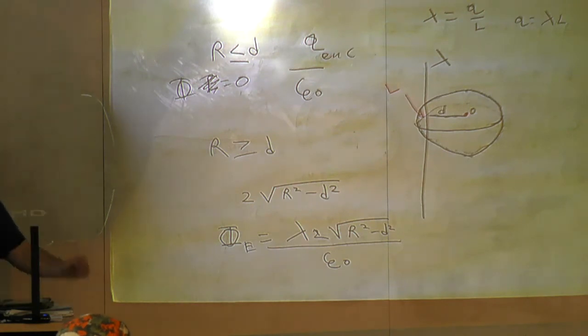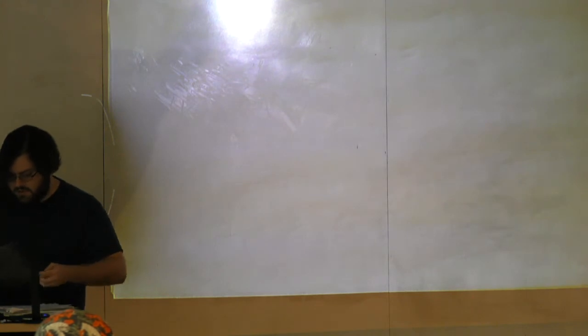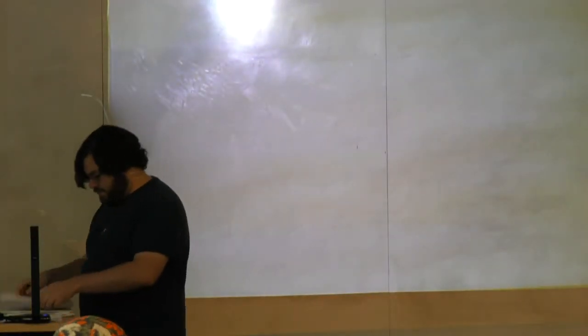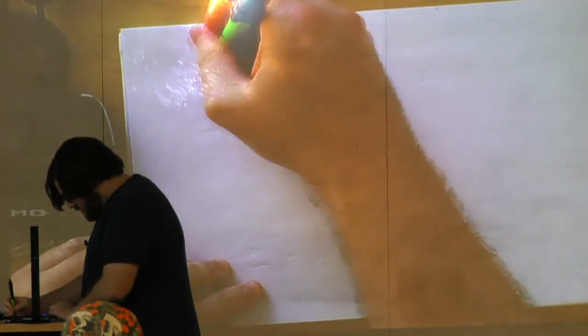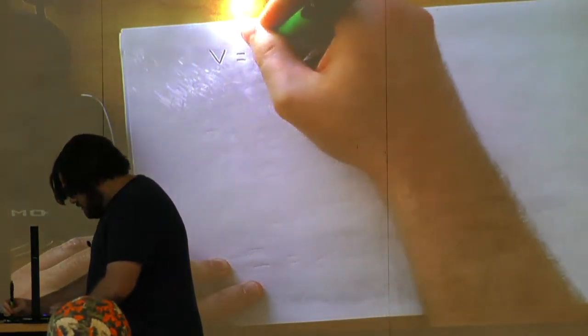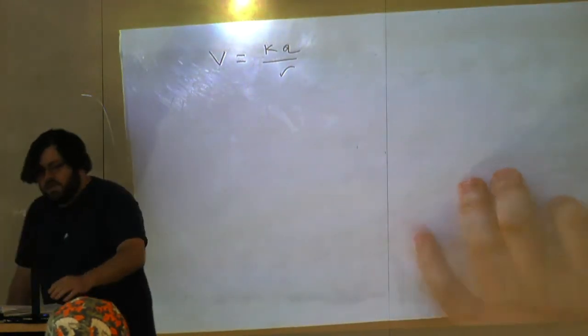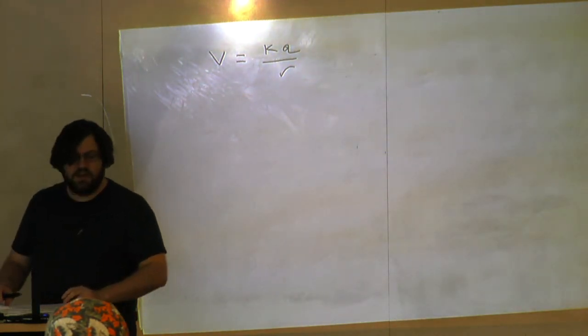Not very long. In the interest of time, I am going to skip the next problem on Gauss's law. I hope that will not hurt your feelings, but we are kind of pressed for time. So the next thing we're going to talk about is what's called electric potential. So we have this thing called a volt. Now, a volt is actually, well, the formula looks pretty similar to the formula for field,